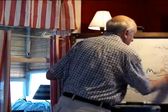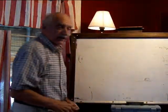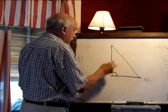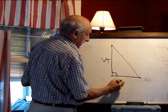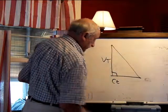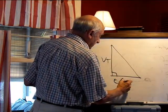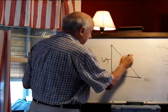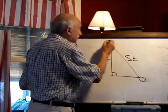I don't know how Einstein did it, but Einstein took these equations and he came up with a change to the kinetic energy. Now, if you take that right-angled triangle on the right, where this is equal to Vt, and this is equal to Ct, right, is equal to T times, I've not got it. I've forgotten it. This is equal to, I call that St, which is the apparent increased speed, because if you're navigating, I'll get